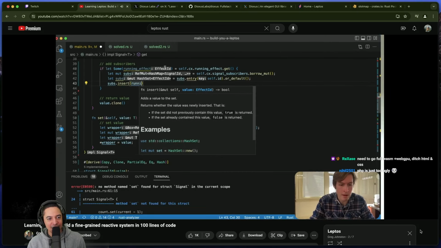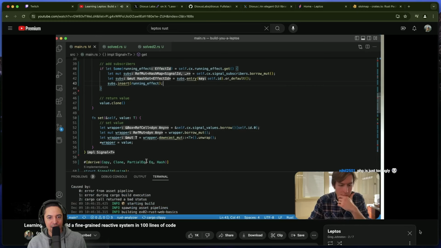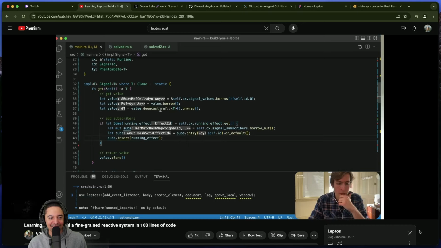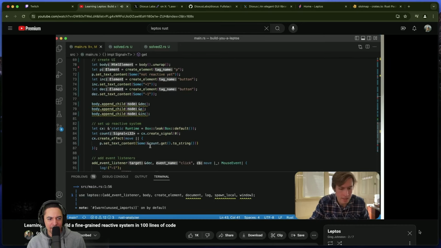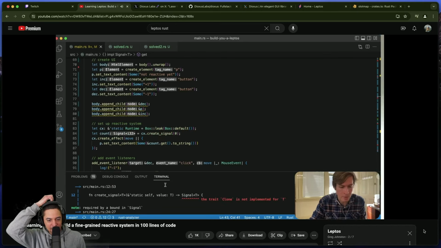Okay, so now I've got this mutable hash set, and all that we want to do is insert this effect ID, the running effect. All right. So that should be pretty simple, right? When we call get now inside this effect, it's going to check: is there a running effect? Okay, it's running inside this effect, so it's going to add this effect as a subscriber. Yeah. Okay, except that when we do create_effect, we don't actually